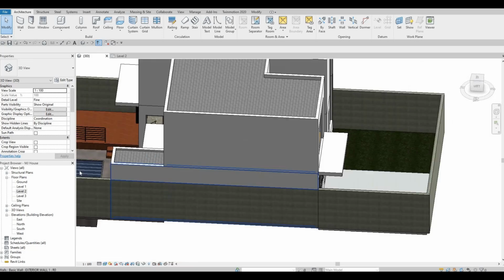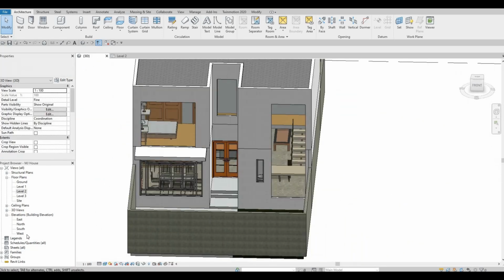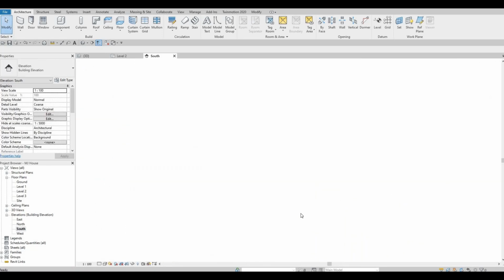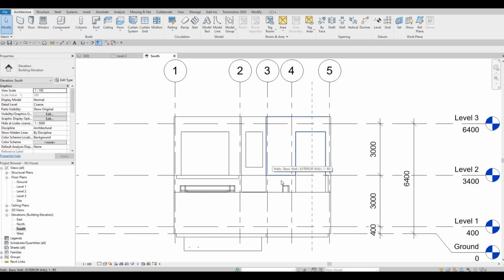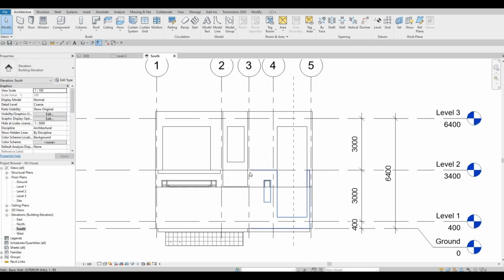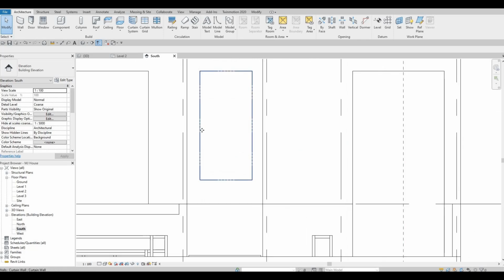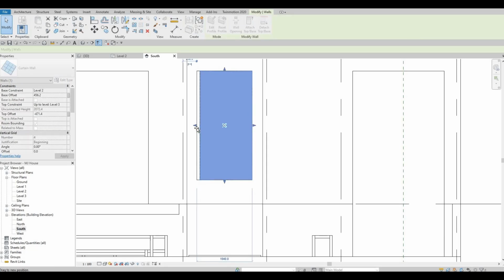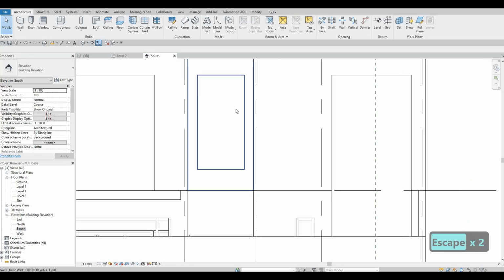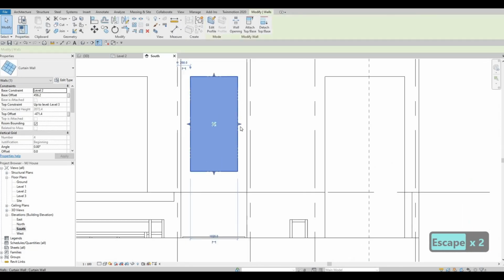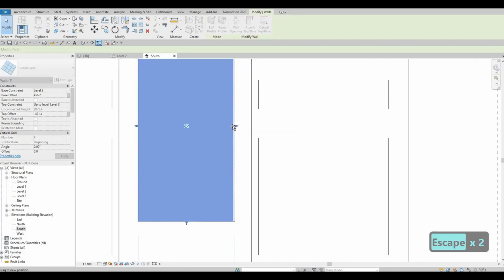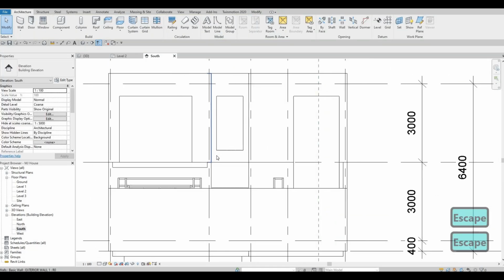The next thing we're gonna do is I'm going to my south elevation, and from here I'm going to make some designs. So what I'm gonna do first is for here I'm gonna make sure that this is similar in distance and towards with the wall. I'm just changing it a little bit like that,